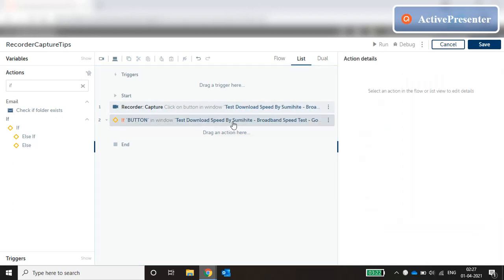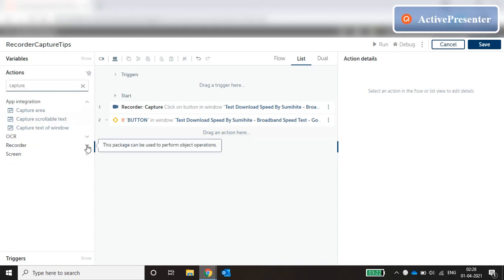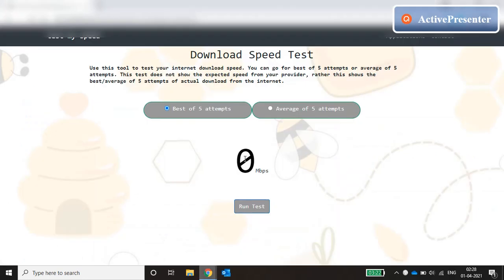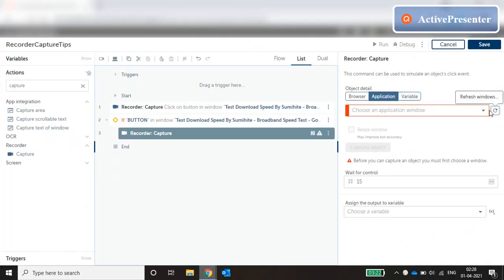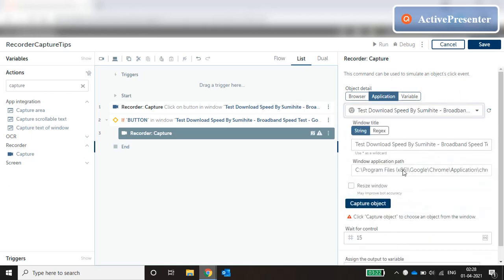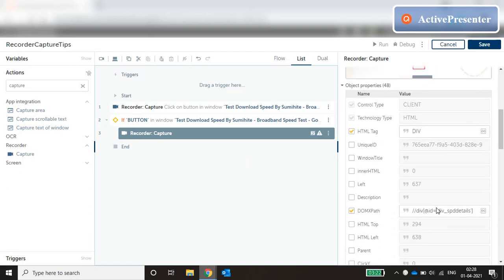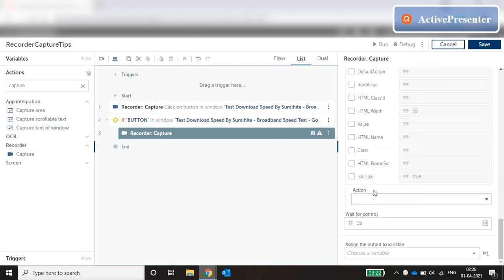So we're going to wait for 60 seconds for the button to exist, and when the button is visible again, that's when we want to capture this value. So right now it says 0, but when the operation is done, it will say the download speed, right? So I'm just going to capture this field. So let's just do a capture of this number, okay, and store that to, let's make it a div. HTML ID is div speed details. Let's just keep that and remove the frame and path, all these things, and